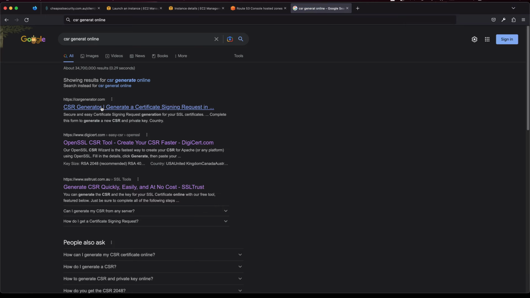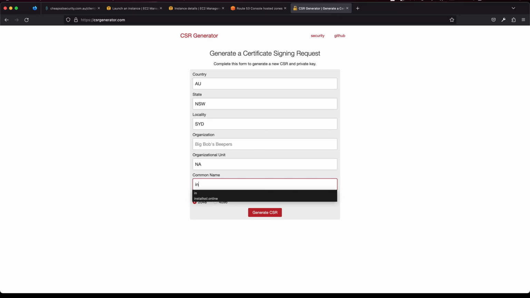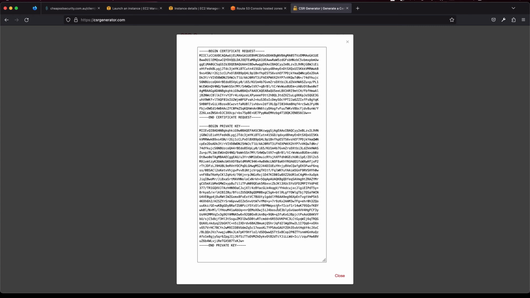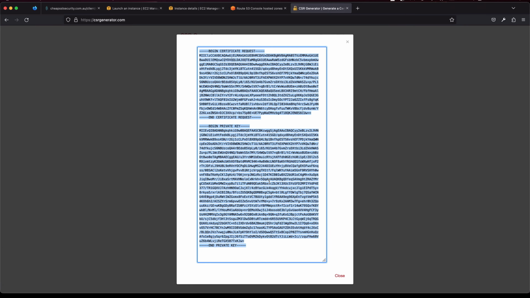a CSR generator online. There is a website called csrgenerator.com where you need to fill in your details. So let me put in my details, and it'll be NA, NA, and the website is going to be installssl.online. Then it's going to generate the CSR. Let me copy these two parts, and just to let you know,